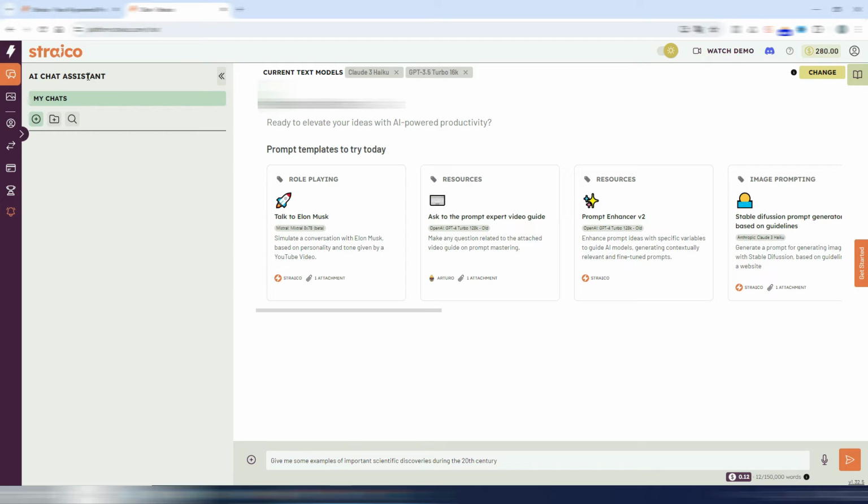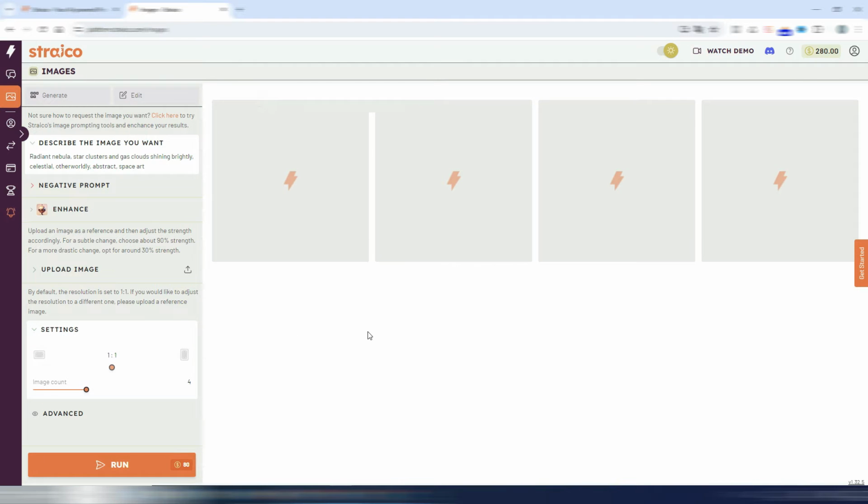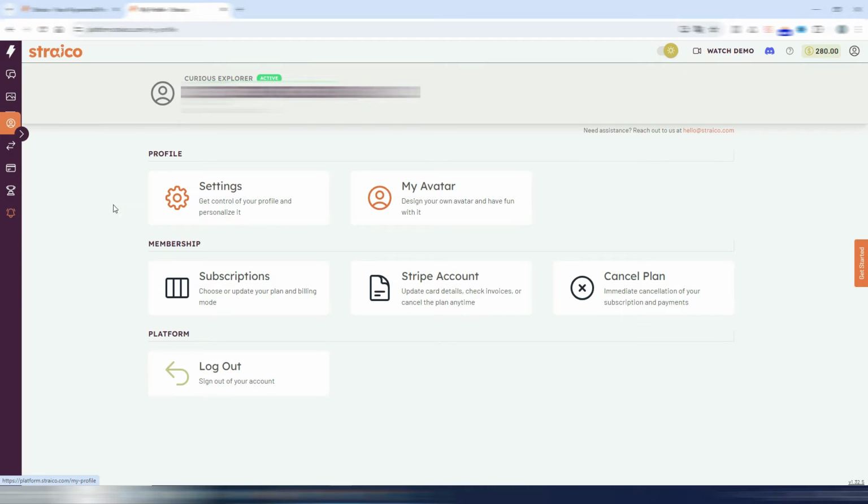So this is AI chat assistant. I have the images section. This is where I can generate images or I can upload images. Let's go here. This is the profile section with all the settings, the avatar, and the different subscriptions, Stripe account,